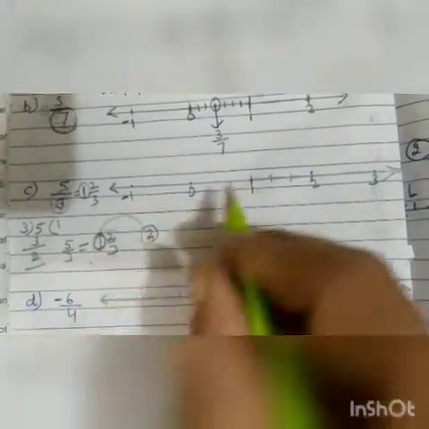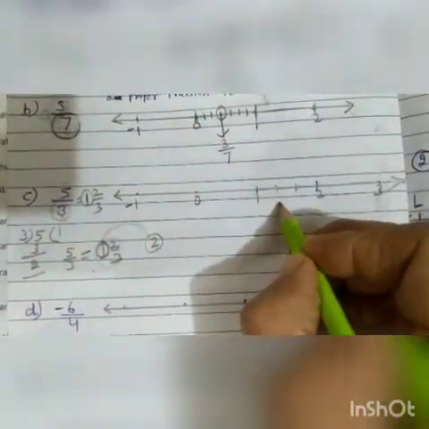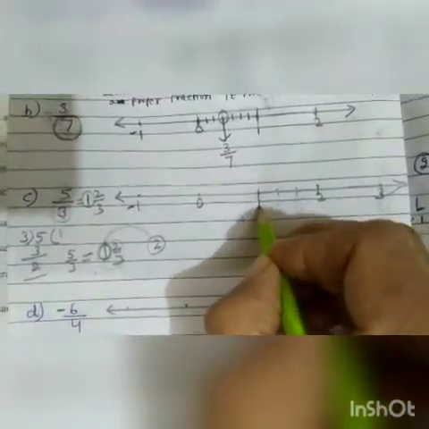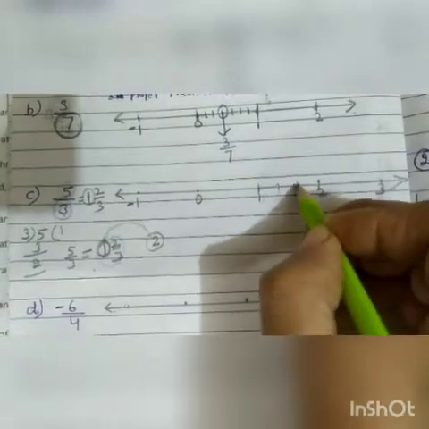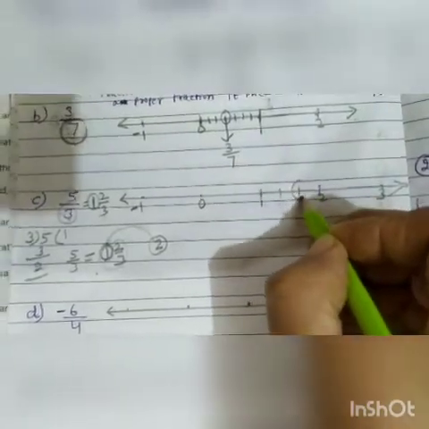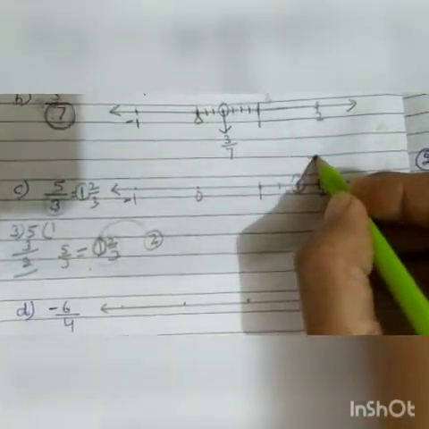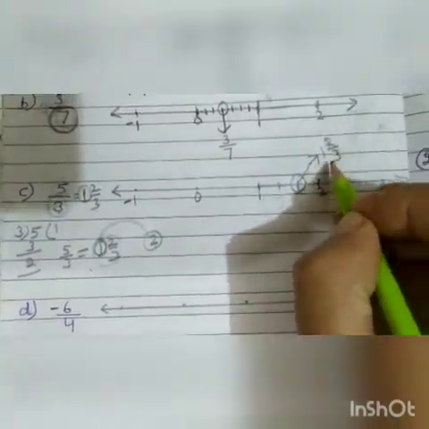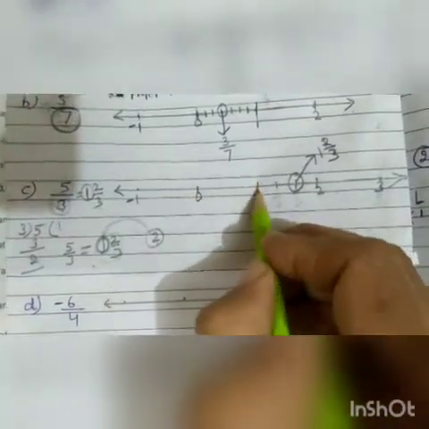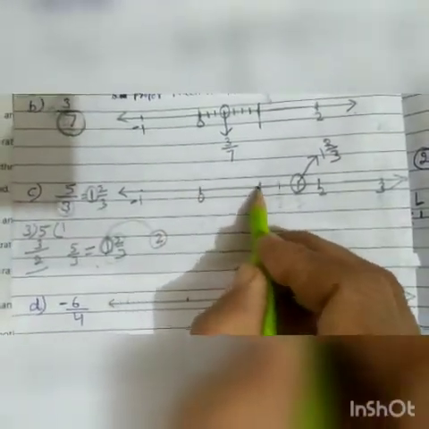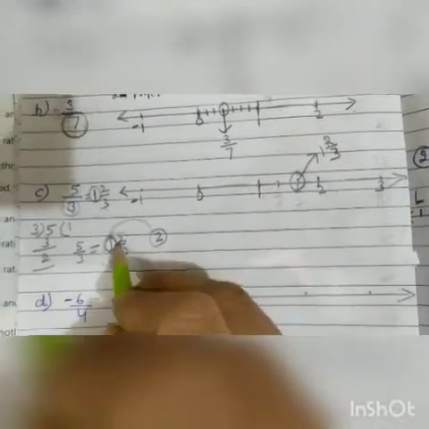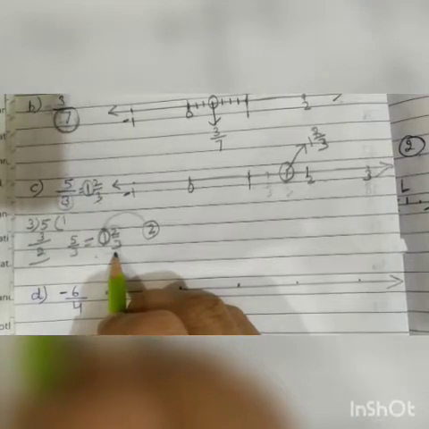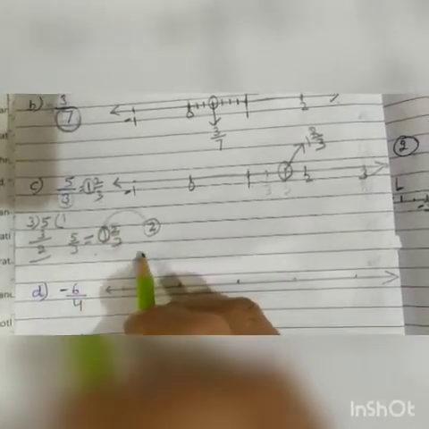So already we will take this 1. Now 2 upon 3. Again, if we take 1 upon 3, 2 upon 3, 3 upon 3. So this is 1 and 2 upon 3, this one number. So this number will show 1 and 2 upon 3, because this is 0, 1 already here. This is 1, then 2 upon 3. 2 upon 3 means 2 parts out of 3.